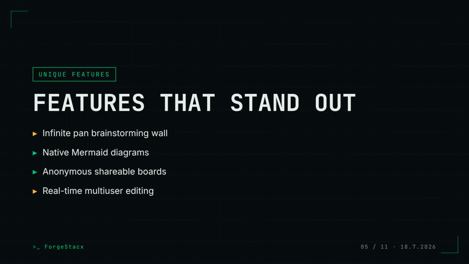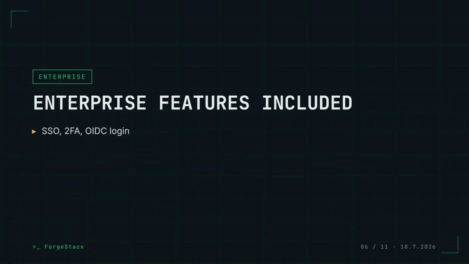Each of these features is individually useful on its own, but together they create a tool that feels more like a creative workspace than a traditional project management app. What really surprised me reading the README is how many enterprise features come standard. SSO, two-factor authentication, and OIDC login are all built in, which means you can integrate Scrumboy into your existing identity provider setup. There is MCP integration for AI agents, which is a forward-thinking feature that lets external tools interact with